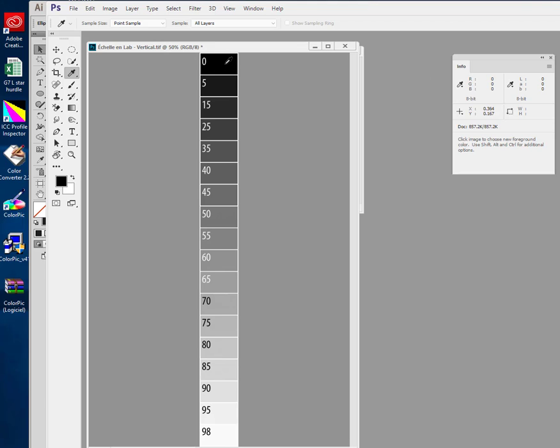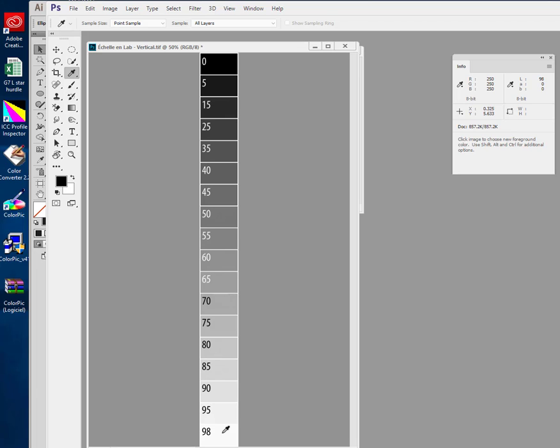Sorry, I can't simultaneously circle or press on the info palette and the image, because that's how Photoshop is made. But maybe there are other ways, but I don't know them. And so RGB and LAB in this case are both equal to 0. So 0 L, 0 A, 0 B, 0 red, 0 green, 0 blue, that's black. And at the bottom I have not created the 100 value, but if I had created a 100 patch value,